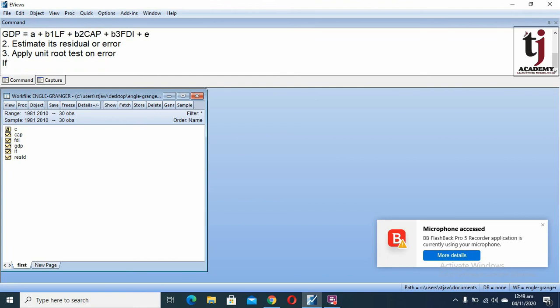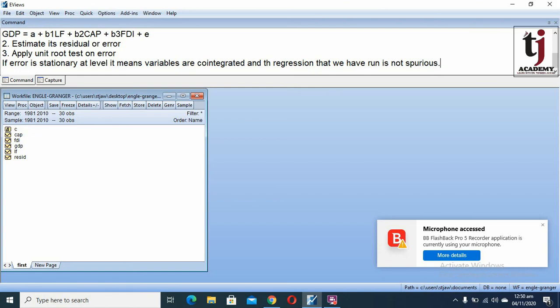If error is stationary at level, it means variables are co-integrated and the regression that we have run is not spurious.